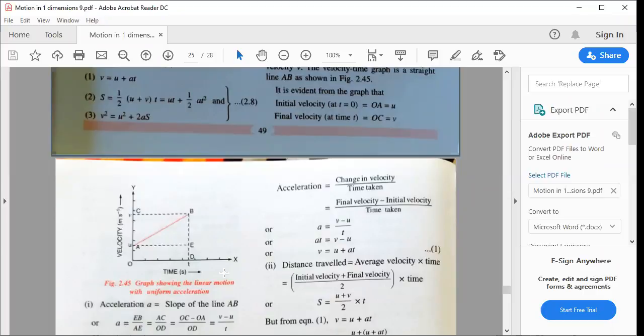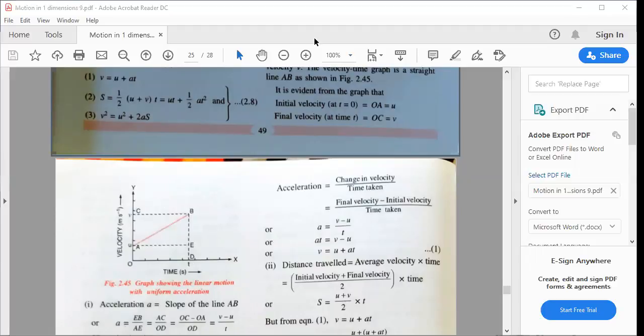Now in a velocity time graph, you can get two things. First, you can get acceleration using the slope. I think you are already aware AB is the slope. The second thing, you can get the displacement. How can you get displacement? By calculating the area. There is a rectangle and a trapezium. If you observe, we have to take OABD. So if we take trapezium OABD, we can get the displacement.